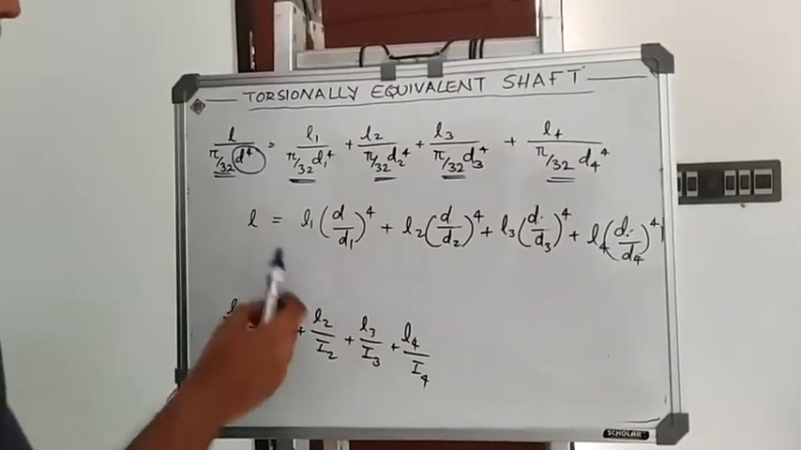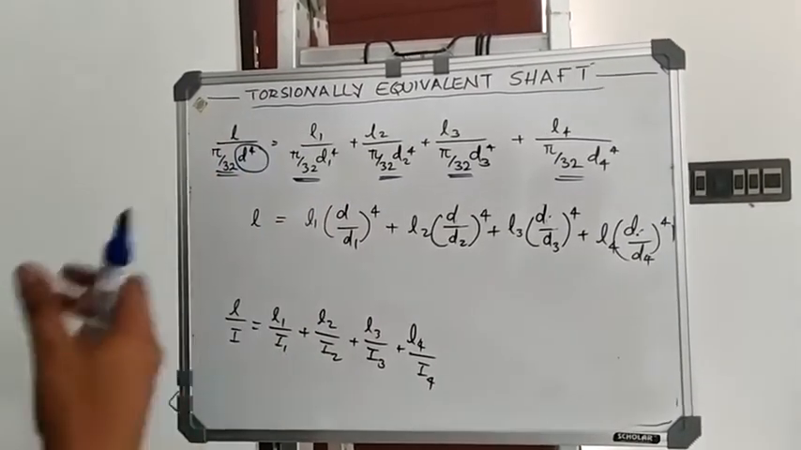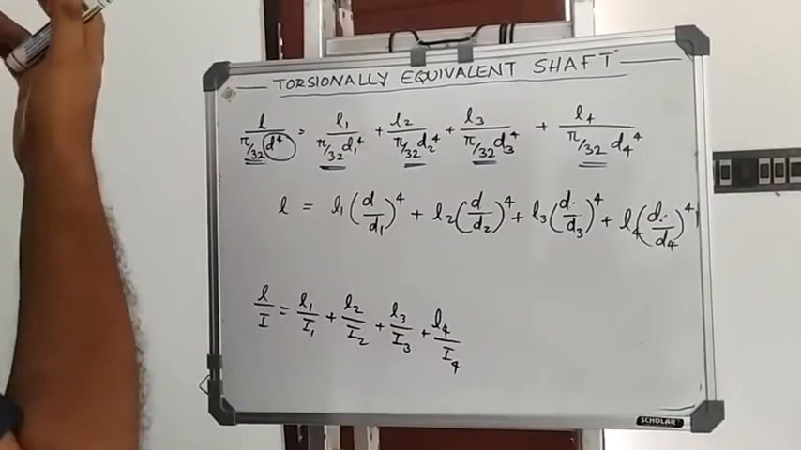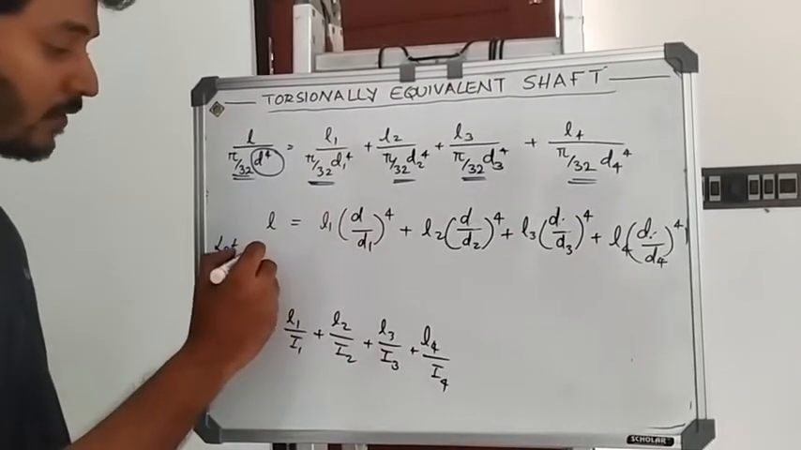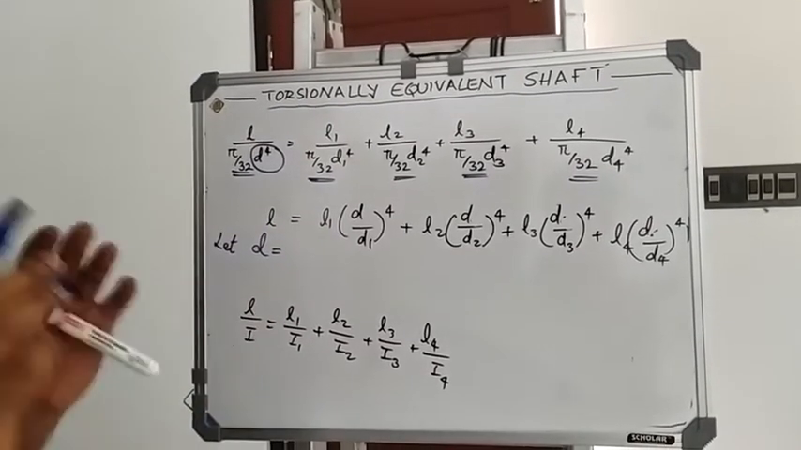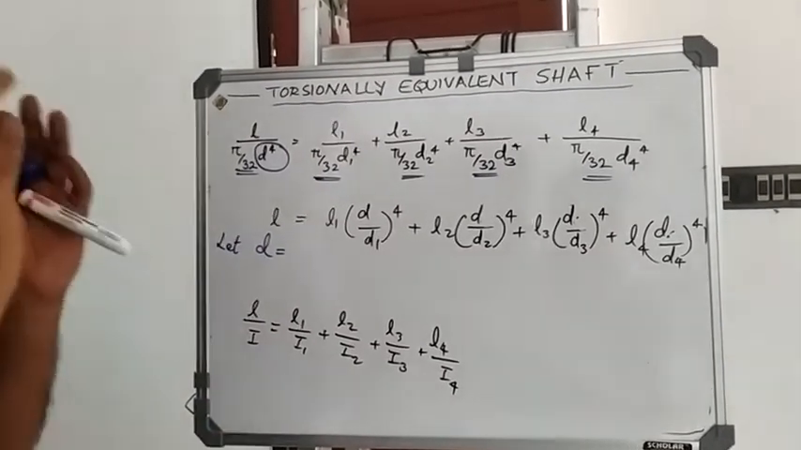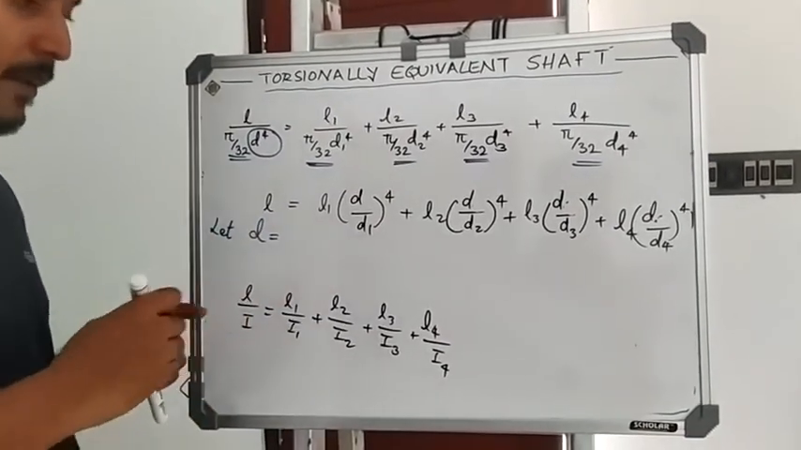Now, what is this equation? This is the equation for L. L is the equivalent length of the shaft that we are considering. Now, let us assume a value for the equivalent diameter d. Now, this value for equivalent diameter d for all the cases will be assumed equal to the diameter of the